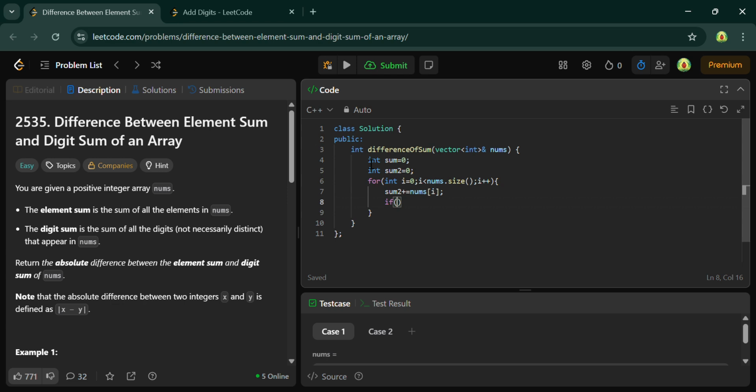And then I will check if nums of i is less than 10, then you just have to add sum1 plus equals to nums of i. Else, if it is greater than 10, then you just have to find the digit sum of nums of i. Okay,